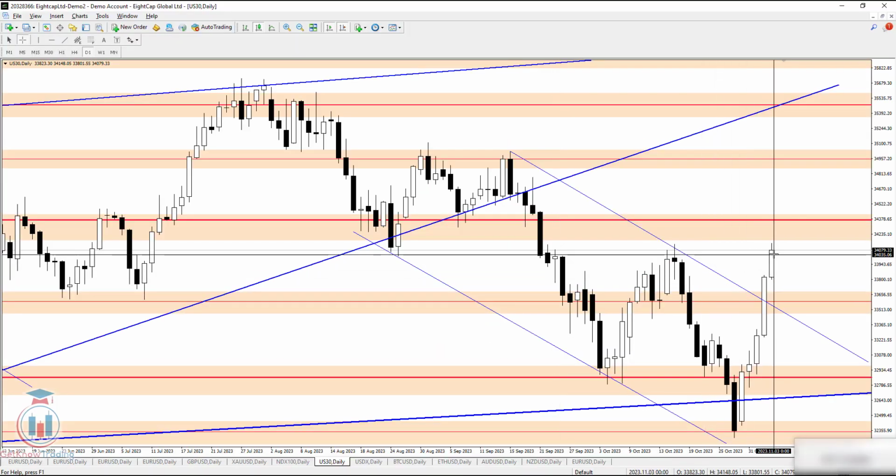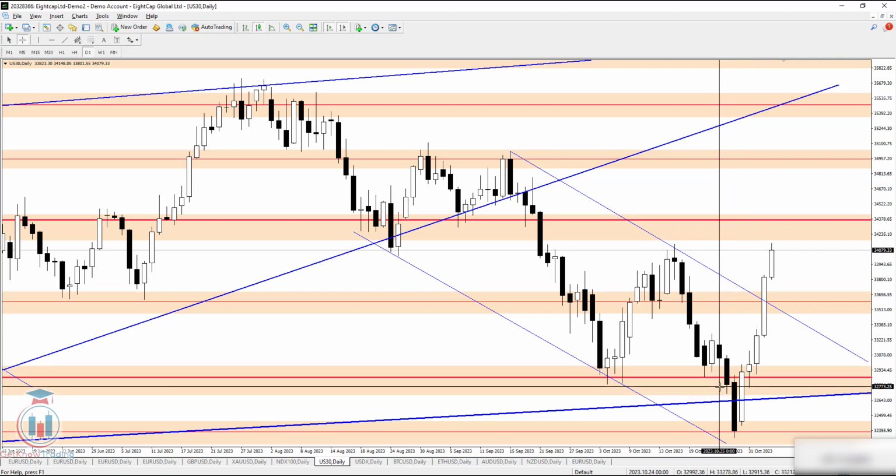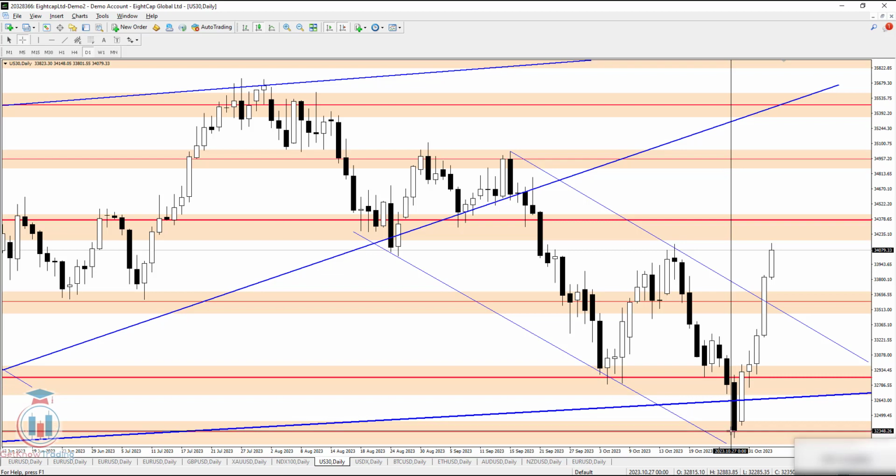US30 has this week risen in value. We can see it here. The price has started with this bullish candle. After the price has made a breakout to the downside, we can see in the previous week with this candle the price has converted the breakout as a valid one, and then it has stopped right here at this great demand zone,